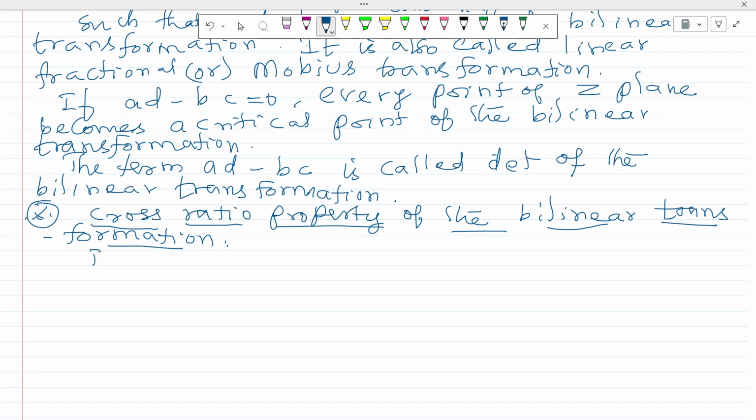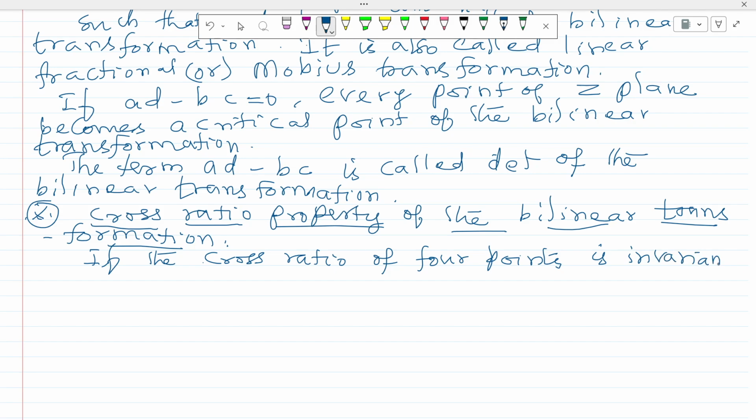If the cross ratio of 4 points is invariant under linear transformation,